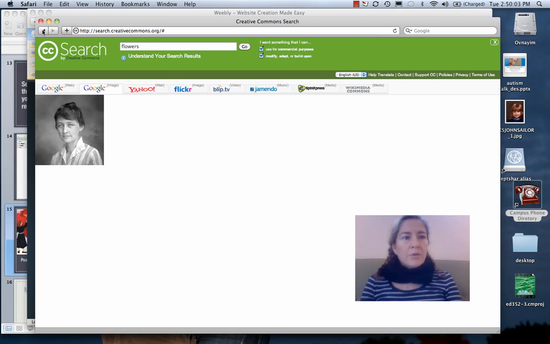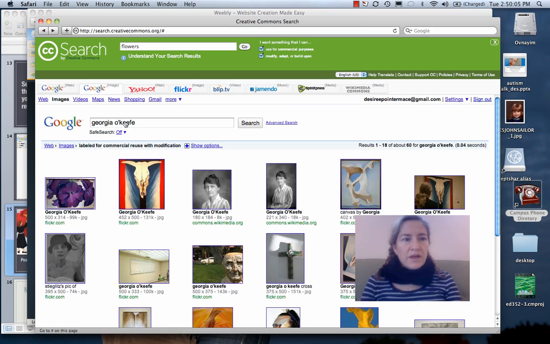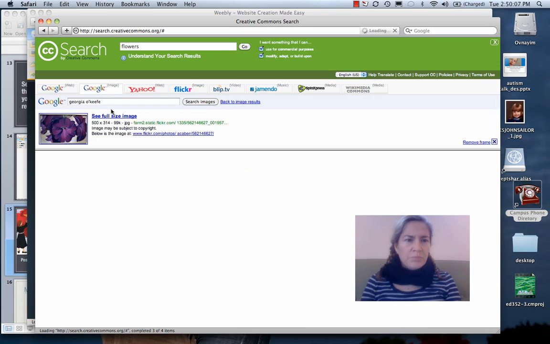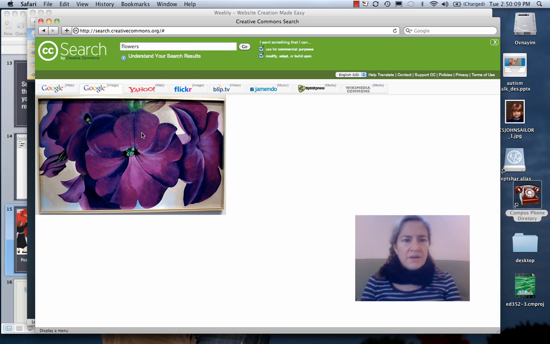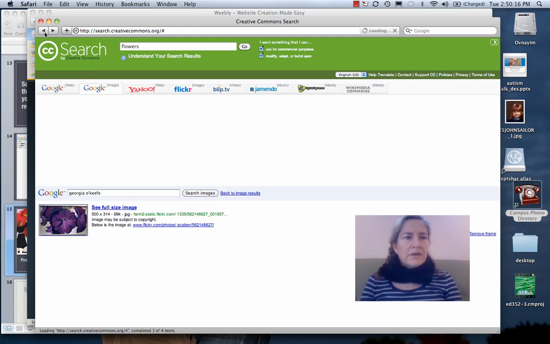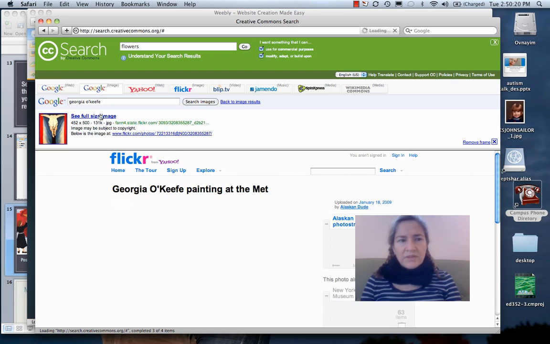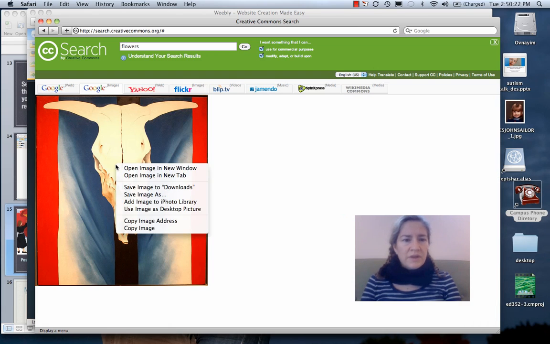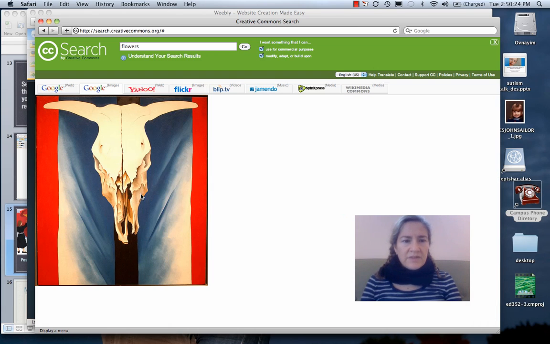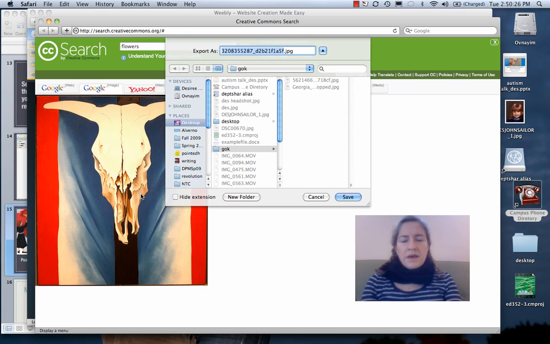Okay, I'm going to go back. I'm going to see what other images I could use here. This beautiful purple one, that's nice. All right, I'm going to right-click, save image as, that same folder. I'm going to go back here. I'm going to see what other images I might use. Maybe this one, that's a pretty iconic Georgia O'Keeffe image. I'm going to save that image as, let's see,